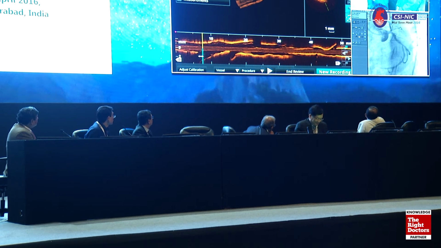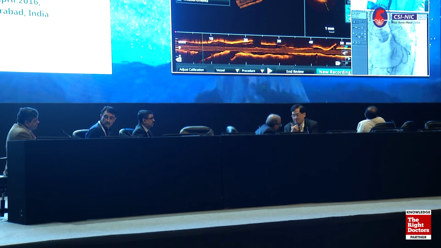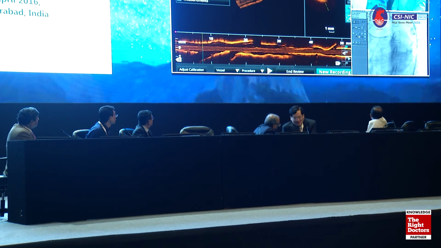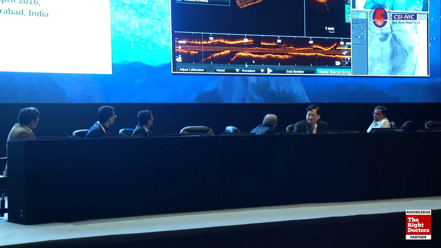In the past, we used to go back and dilate, even though it's small. As long as your stent is fully expanded and there is no gap, a little bit of small plaque protrusion is a normal phenomenon of PCI. As long as you have good angiographic results, most of the time with that small plaque protrusion, we do not go after it.